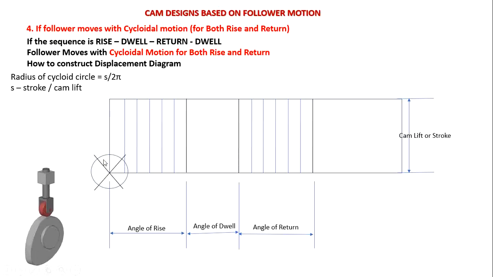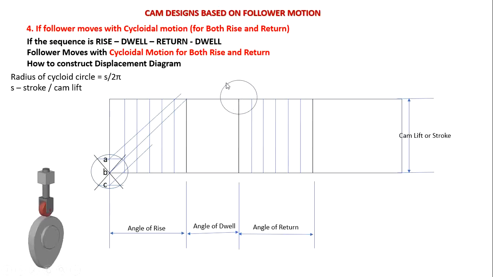So now we have to draw one more line. So we have to draw a horizontal line like this. So now there are 3 points here. This first point, the second point, third point, and we have to mark them as point A, B and C. And the next step is, we have to draw a diagonal line, and we have to draw a line parallel to this diagonal line from point A and point C as shown. So from point C we have to draw a line. This should be parallel to this diagonal line. Similarly from point A we have to draw another line. That line also should be parallel to this diagonal line.